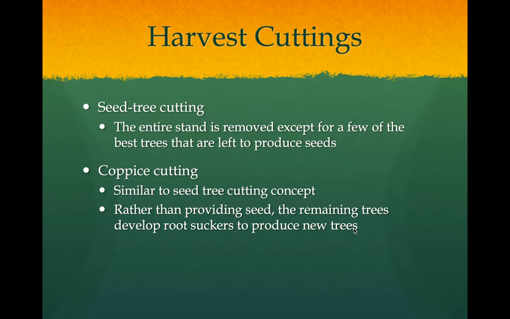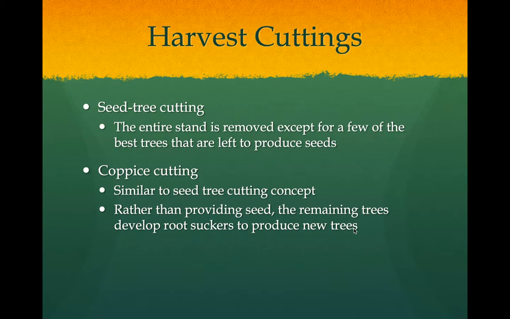Seed tree cutting is where you would take everything except for a certain number of trees or a certain type of tree that you want to reseed your forest with. So let's say, for instance, that you want to have a forest that's mostly oaks. And so you would go into that forest and you would take out everything except for several of the oaks that you would want to replenish the population. So you're going to take everything except for the seed trees that you want to keep, so that they can